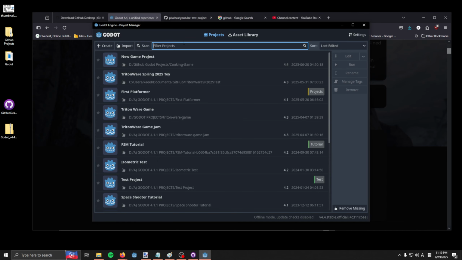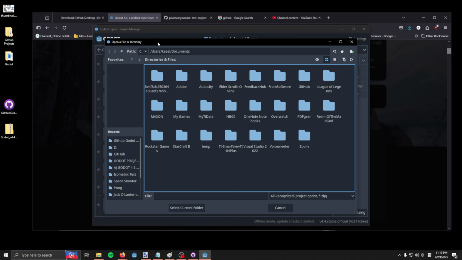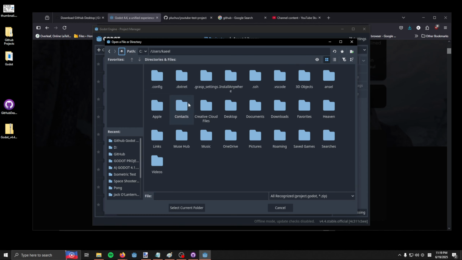And what you can do now is you're going to open this, and you're going to find out this is Godot. What you need to do is nothing here. So what you can do is import project, because you have the one that's on your desktop, right? So we're going to